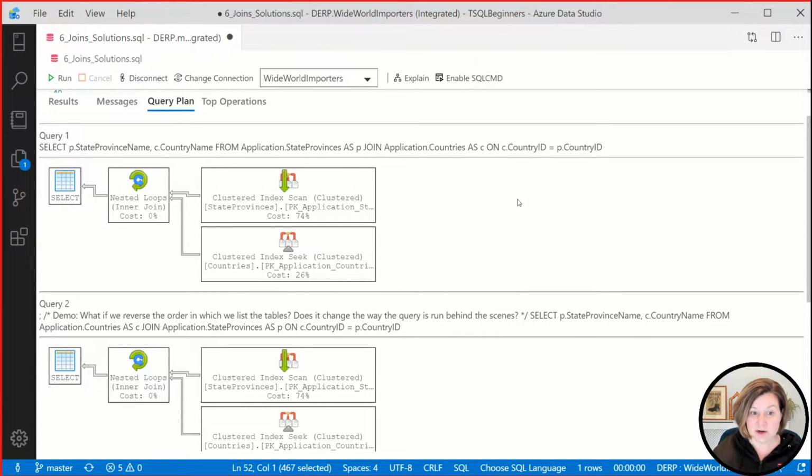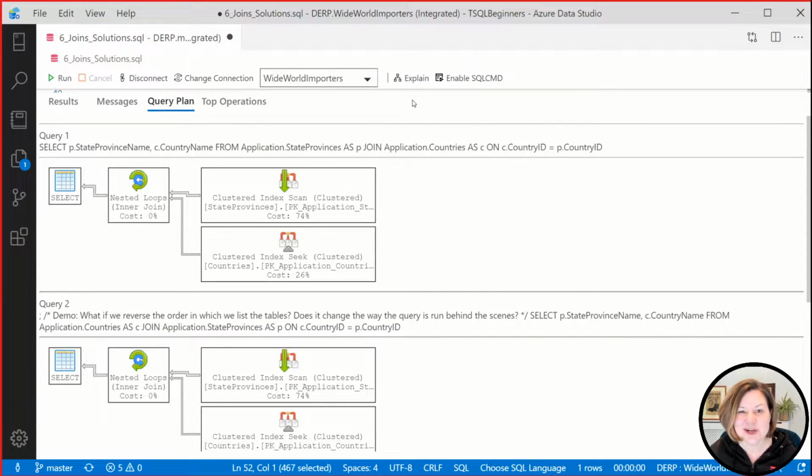So it'll look at each query and it'll optimize. Hey, how do I think I want to run this behind the scenes? And the only thing to take away from this at this point, there's lots of interesting things you could look at in here, but the main point is we can see in the syntax here, yeah, it does have the different syntax. It's saying here, you can see my comments in there too, but notice that the pictures here are the same. Even though I listed the table in a different order, SQL Server can choose to run this